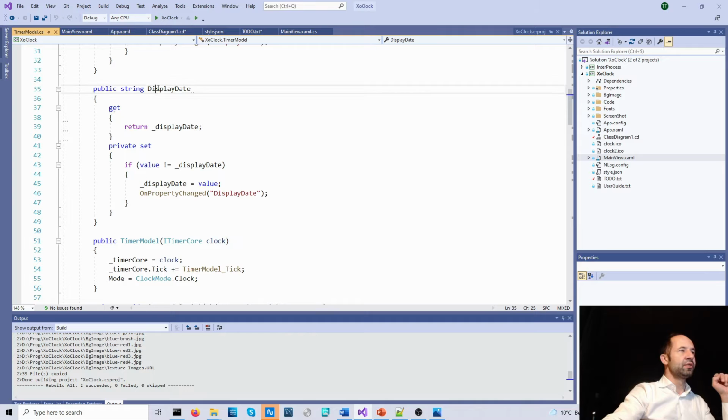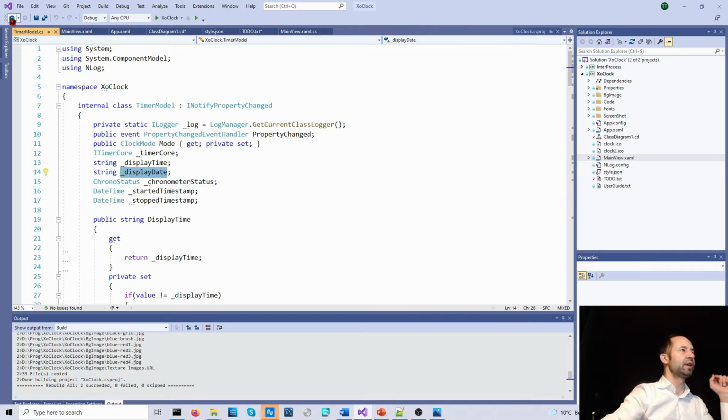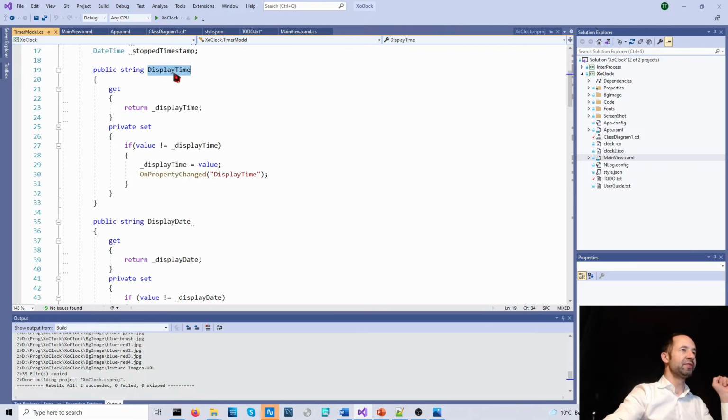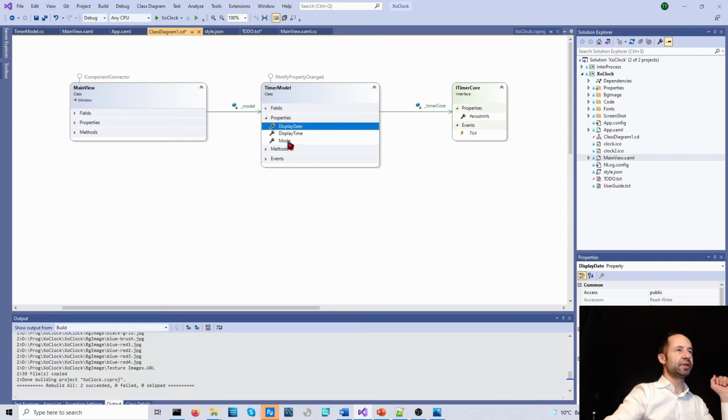If I want to get the content of the display date, I'm going to return the content of the display date, which is defined as a private string. And if a component sets the content of the display date, and if it is different than the current value, the content is updated and an event is triggered. Same thing for the display time. So we have two properties which appear here, display date and display time.